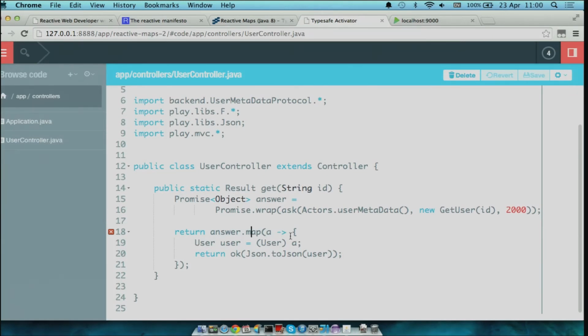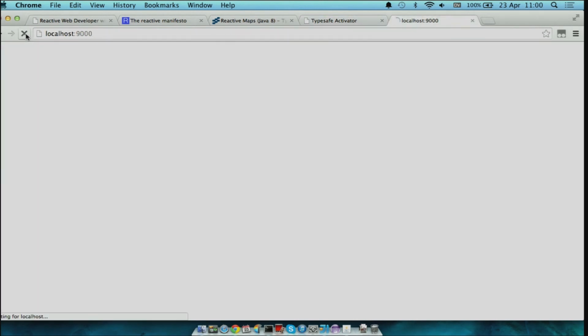So we've got a compile error here. Can anybody see? That's right. I've got to change this to return a promise of result, because before it was returning the result immediately. So we return a promise of result, and we can now map that answer, save, and if we refresh now,